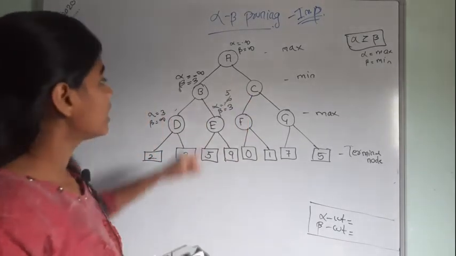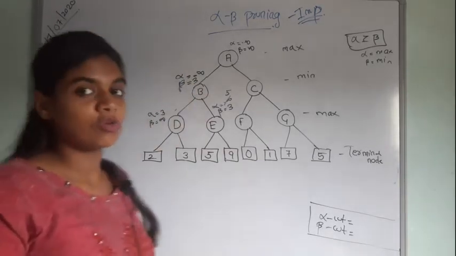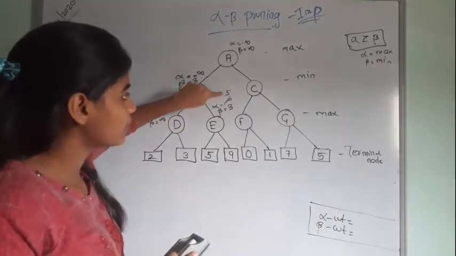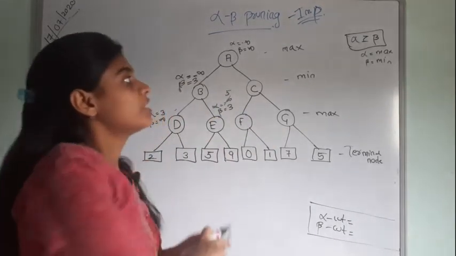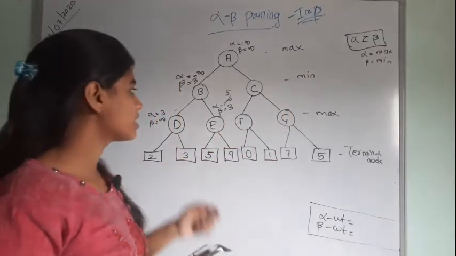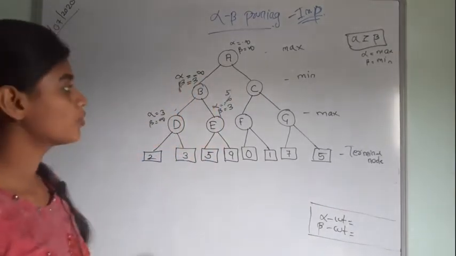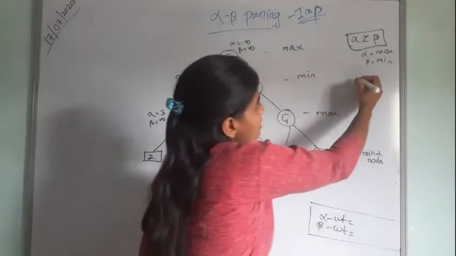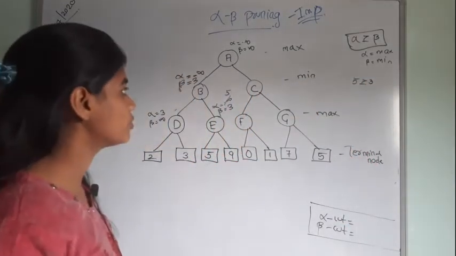Now after that, whenever you are doing this, you must also remember that alpha must be getting greater and beta getting smaller. When alpha is greater and beta is smaller, then you have to apply this condition. That is what pruning means, cutting off the tree. Otherwise you will get confused and won't understand why the alpha cut and beta cut happen. So you must consider that. So alpha is 5, beta here is 3. So you have to check that 5 is greater than or equal to 3.